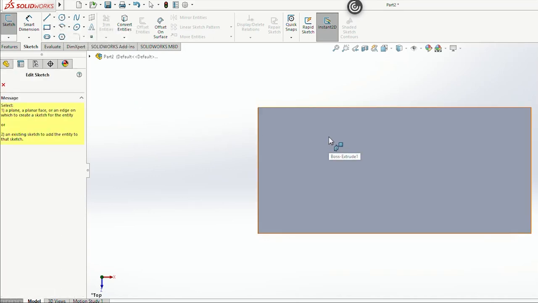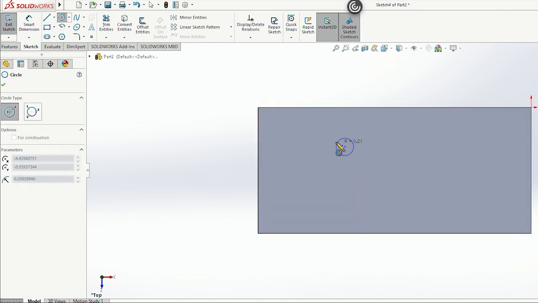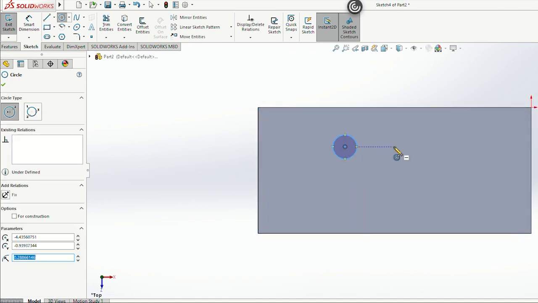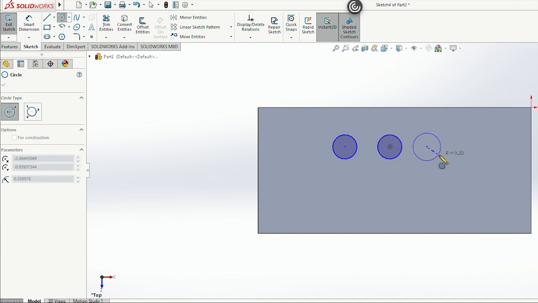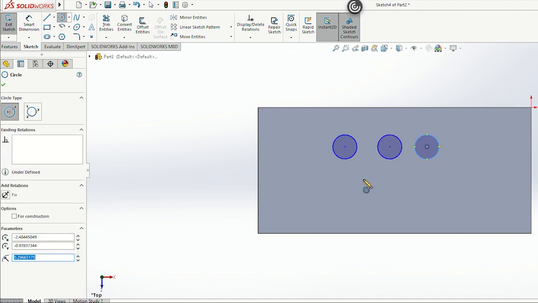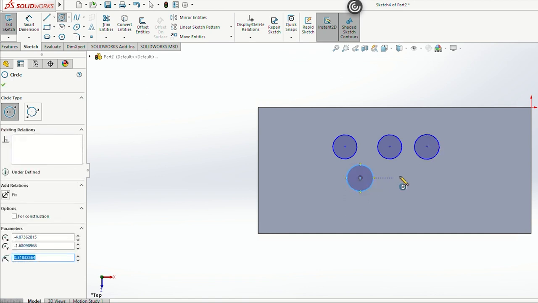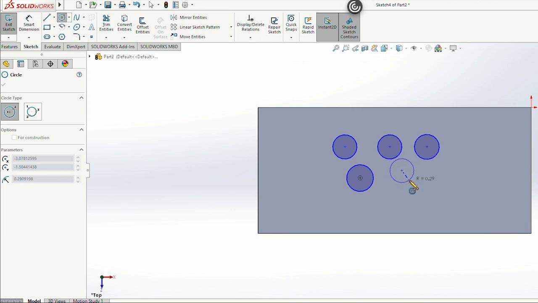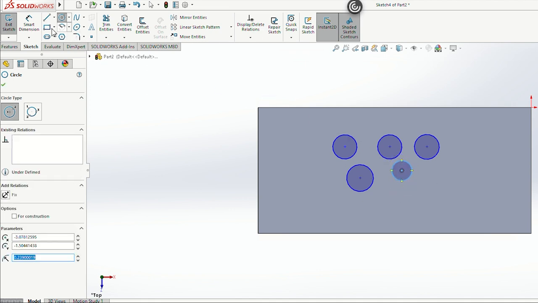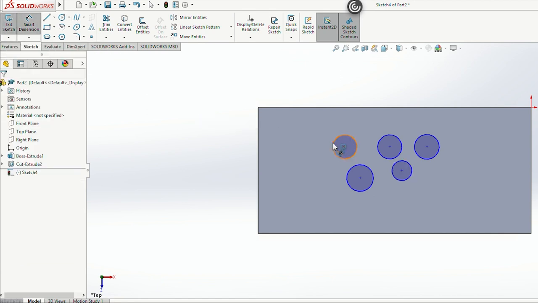We can start drawing these little LED lights. So we can have an LED light here. We can have an LED light here. We can have an LED light here. We have another one here and here, right? So now, if we were to smart dimension it, then we can click here and here, and